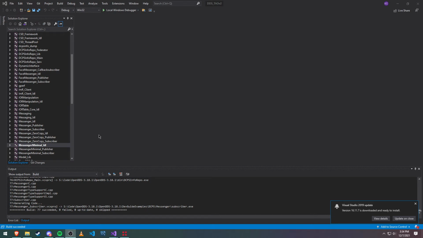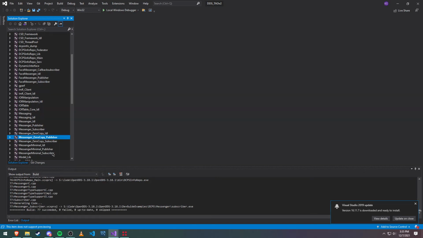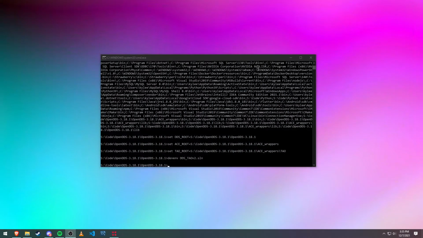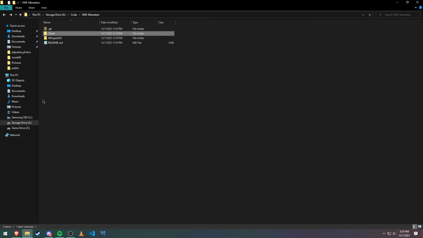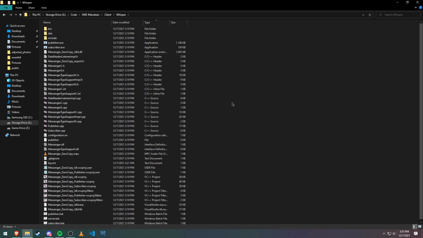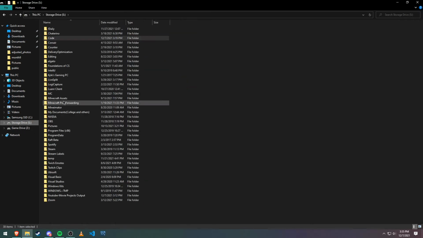Before we leave this, I just recommend that you right-click on Messenger Zero Copy Publisher, and then just click on Set as Startup Project. Then we can close both of our instances of Visual Studio, and we can close this command prompt as well. We're going to go into where we downloaded the repo, and we're going to go into Client Whisper, and we're just going to do a Control-A, Control-C,